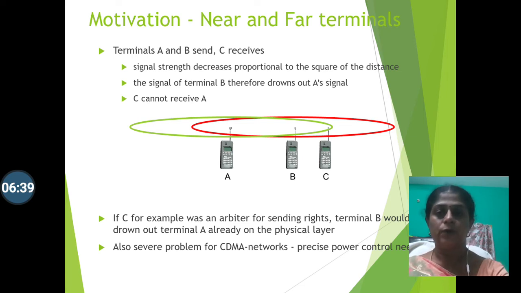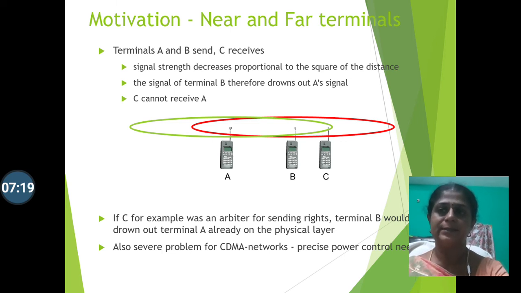If you are going to make use of the medium access methods which are used in a fixed network, it doesn't work out in a wireless scenario because of the hidden and exposed terminal problem and the near and far terminal problem. So what should we do? We have to go in for a new method, or we have to add some additional method, or complement the existing method so that it can support the wireless network also. So what are we going to do?